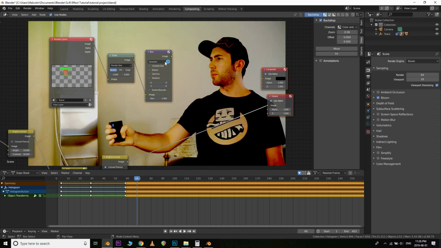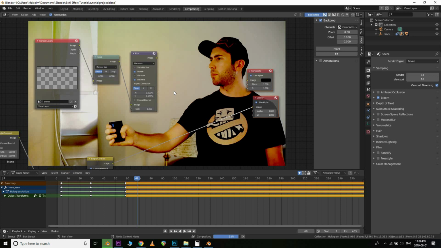Okay, so what I'm going to do is just set this to bokeh, which is going to give me a more natural kind of lensed type of blur. And in my experience, just setting this to roughly those settings, 1 and 0.1, it stretches out the blur in a more natural way. And we're going to add a